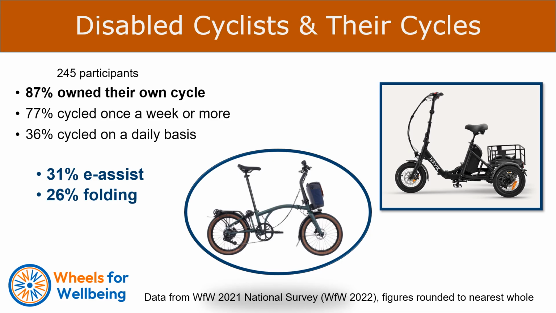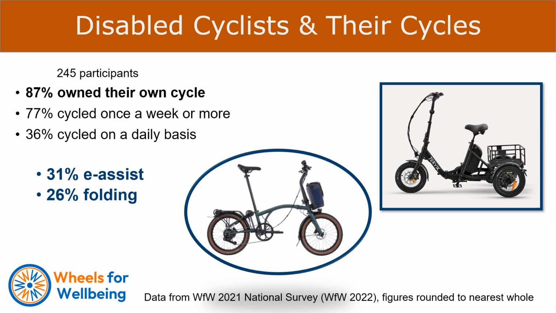And on the screen, there are two images of folding eAssist cycles. On the right hand side is a picture of a Jorvik tricycle, which is the Delta type of tricycle. So one small wheel at the front, two small wheels at the back, and there is a small luggage carrying basket over those wheels, and below the saddle is the mount for the battery. This cycle also folds, so makes it very convenient for accessing those smaller spaces.